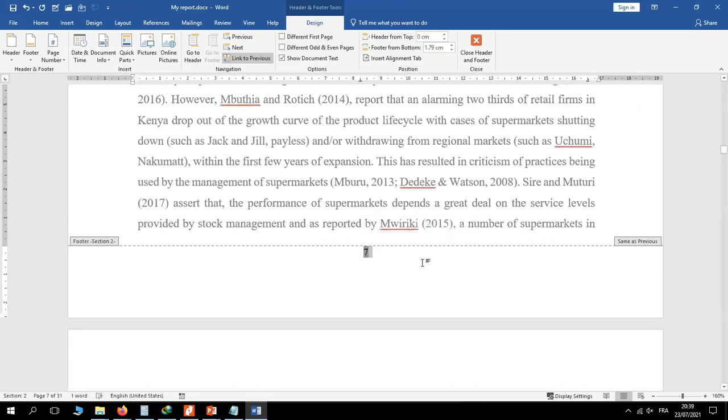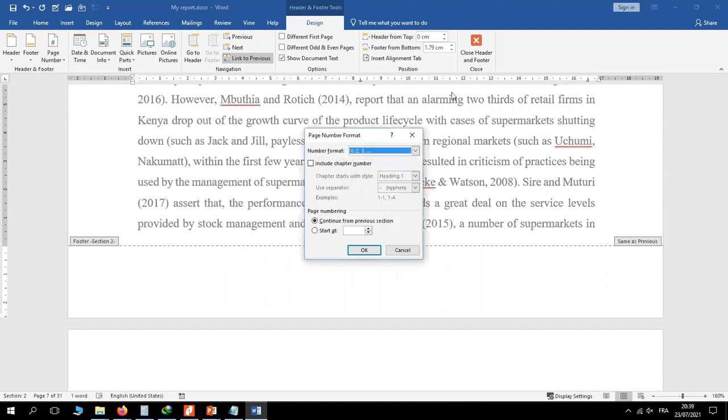Now, after doing so, we shall go to page number once again, then select format page numbers. This time around, we want to have ABC lowercase, not this one. Of course, you can choose whichever you want, but for my case, I want to use ABC lowercase. And when you come to start at, you could continue from the previous numbering, okay? For example, if the previous page was ending at page number 6,